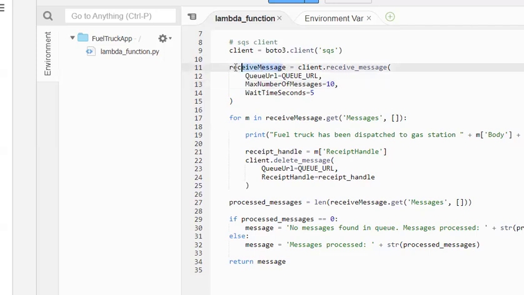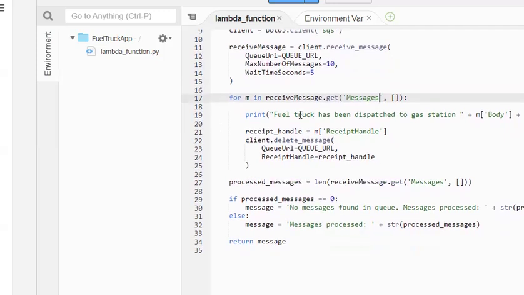So in this receive message variable I'm storing those messages, and by using this I'm getting that data from receive messages and storing it in the m variable each and every time. I'm using that m variable to get the body from here, that is, from which station I got that message, which I'm printing here. And at last I'm generating a receipt and deleting that particular